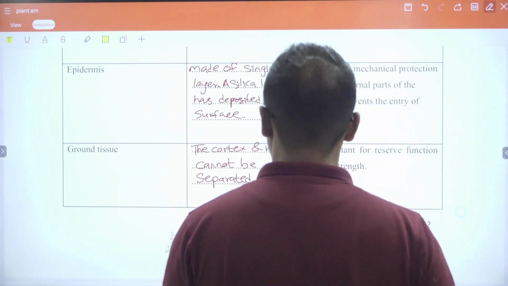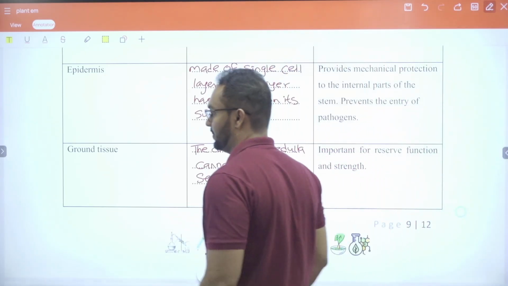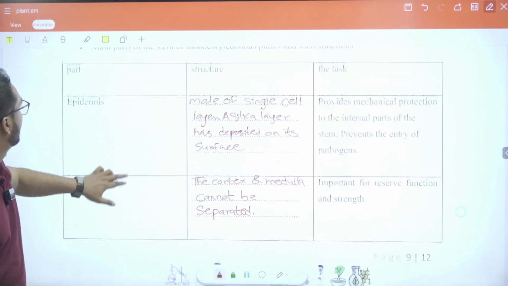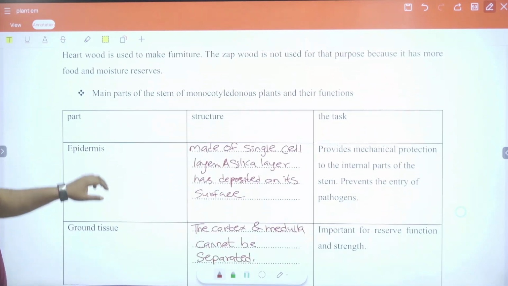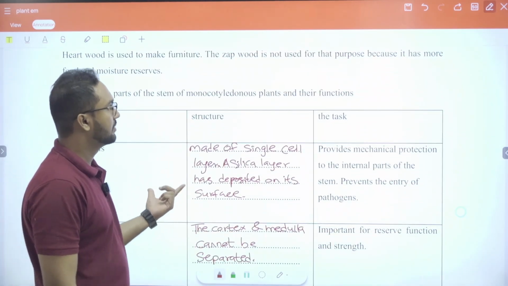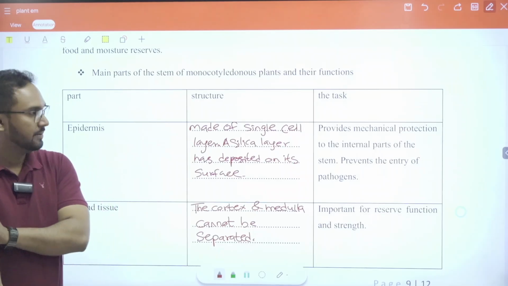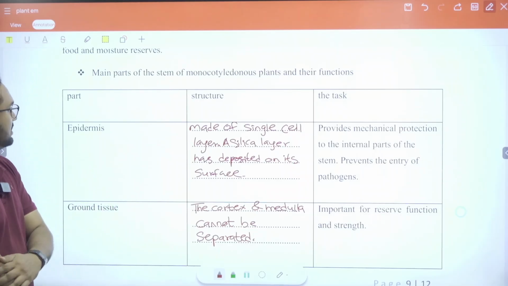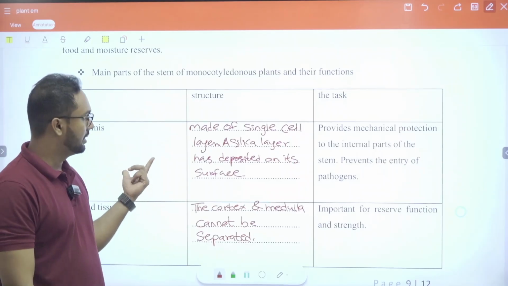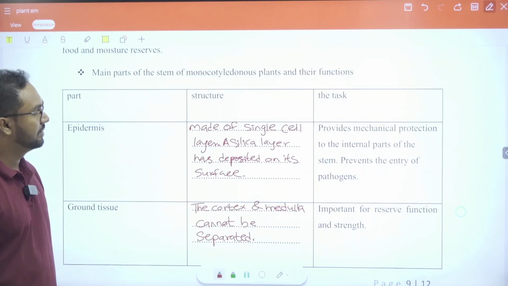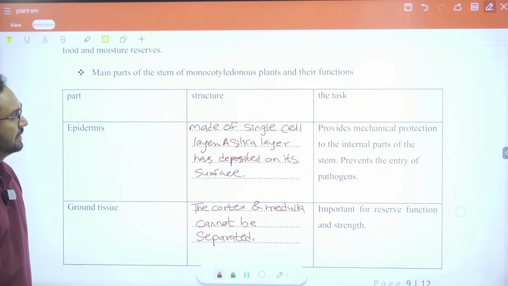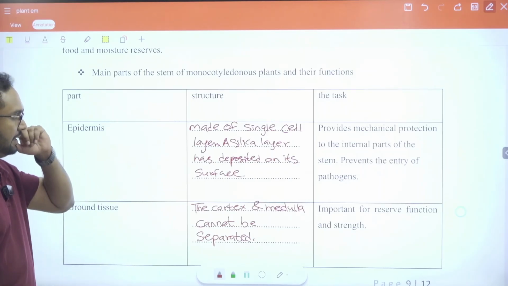Right. So now the features of the main parts of the stem, monocotyledonous and dicotyledonous plant, and their function. So the first part is epidermis, which is the outer layer, the structure made of single cell layer, a silica layer